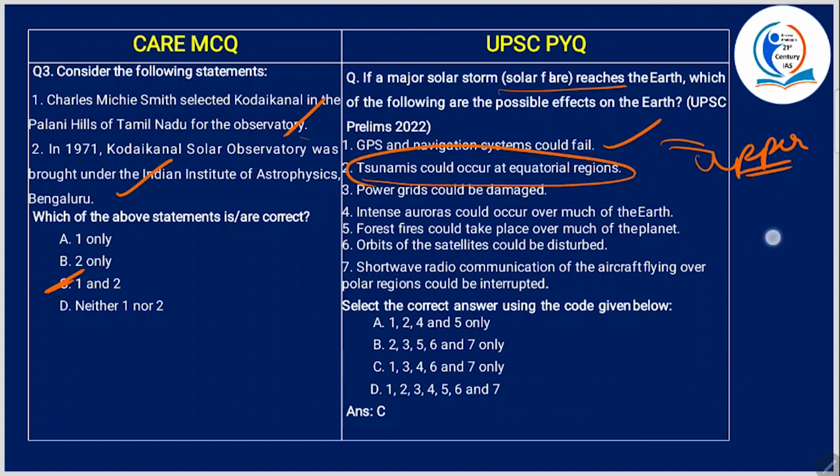See, it is a series of waves caused due to the earthquake or eruption of a volcano below the water. Right. Now, how is this related to solar flares? This is wrong. Okay, so the second statement is wrong, the first statement is correct. So this is gone. C is the answer.